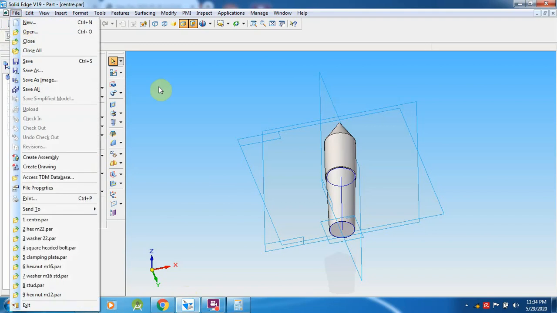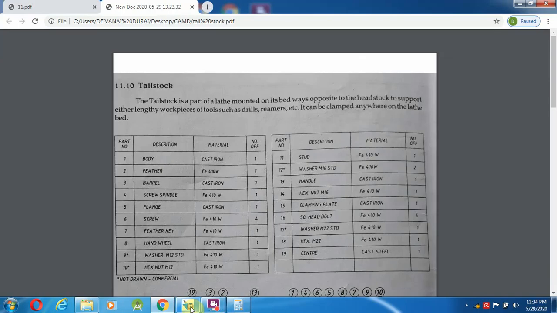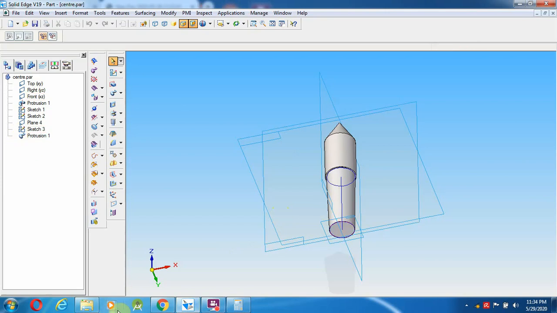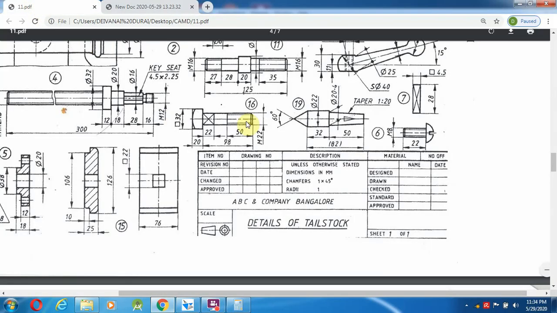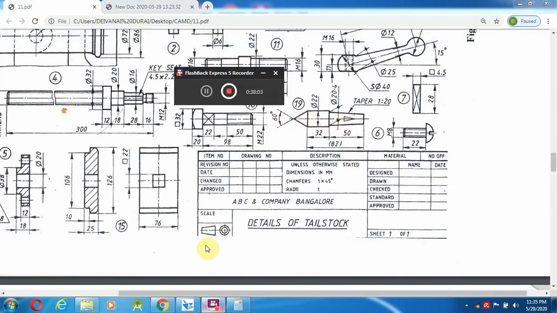Already we have saved, check it. So already we have saved the center. Okay, you can close it. Center and drawing, we will check it. Is anything pending? No. So it has to be closed over here. So almost all the components we have drawn. Then the remaining is that we have to make the assembly. The assembly we will see in the next video. Thank you.